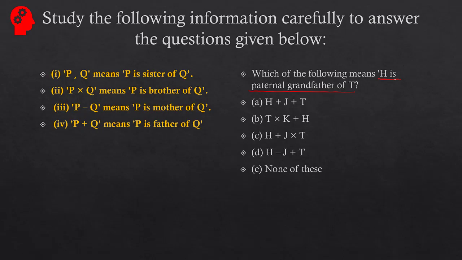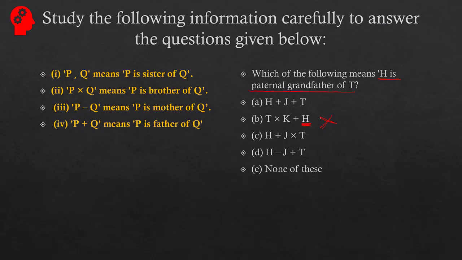We can clearly eliminate option B. Why? Because H has been mentioned at the end, and for the person whose name comes at the end, it's not possible to determine the gender of that particular person. And here I specifically wanted H to be a male member. So I will not get clarity on the gender of H from option B. So I am ruling that out.